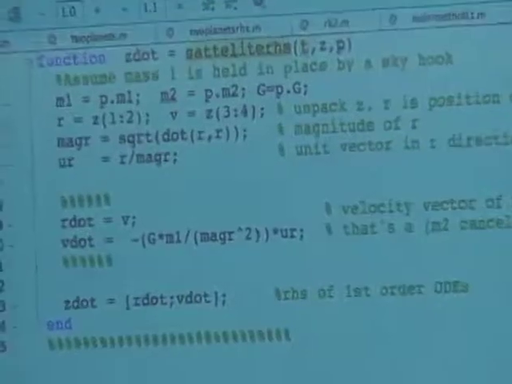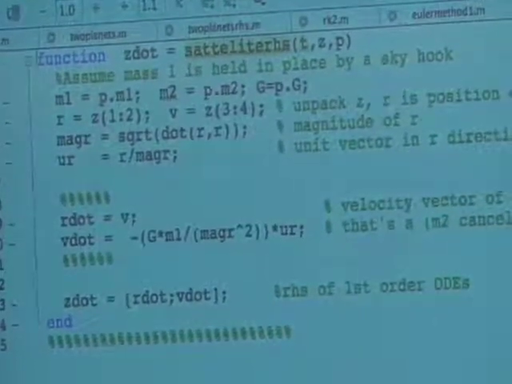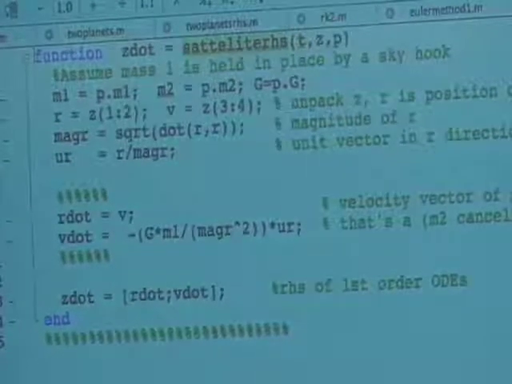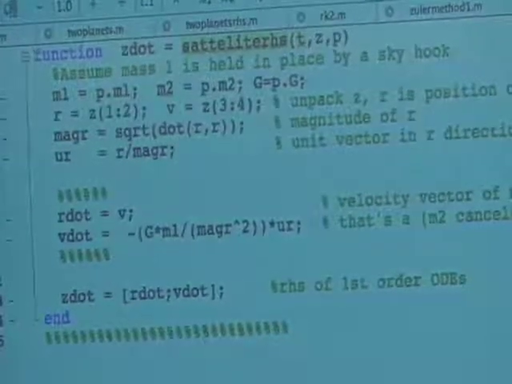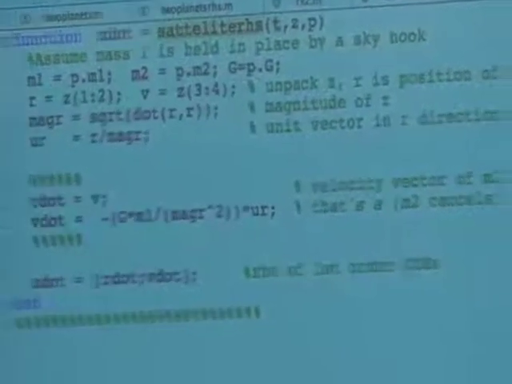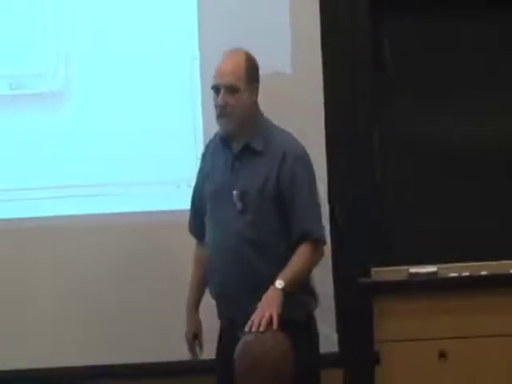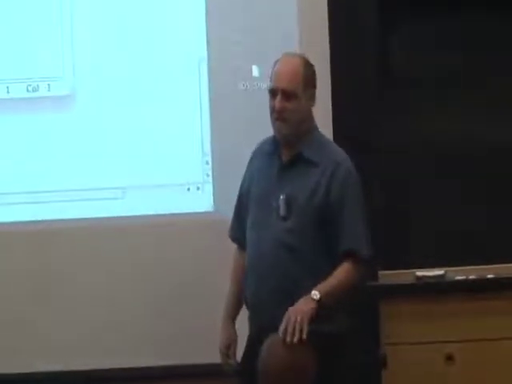Then there was a middle part, which was Euler's method for solving these differential equations. And that's the same no matter what mechanical system you're looking at. In fact, no matter what differential equation you're looking at. And then there was a top part, which was just setting up the problem, putting in the initial conditions, how long we want to integrate for, how accurately we want to integrate, and things like this. So now this is the bottom part for the satellite going around, which I did 2 lectures ago.